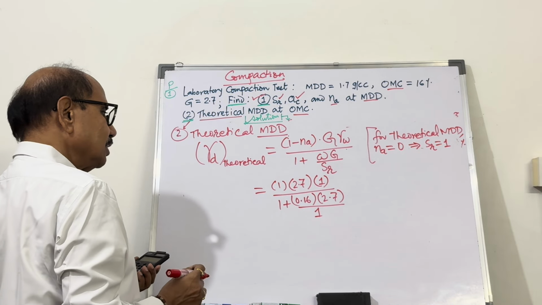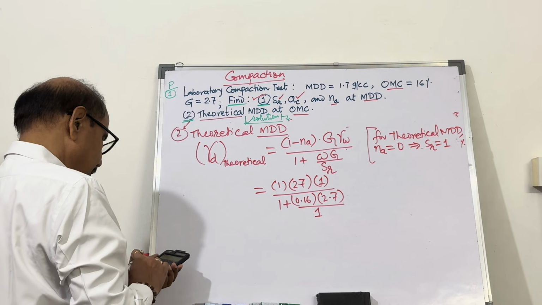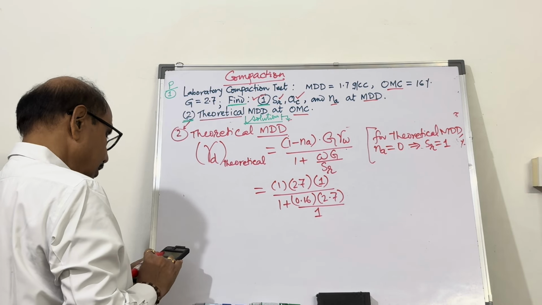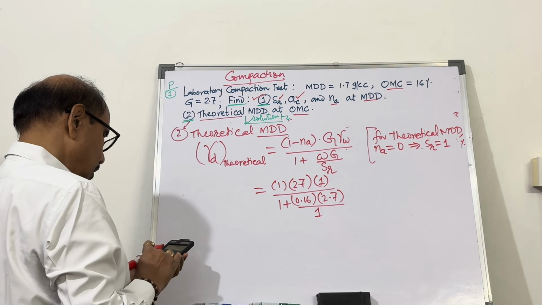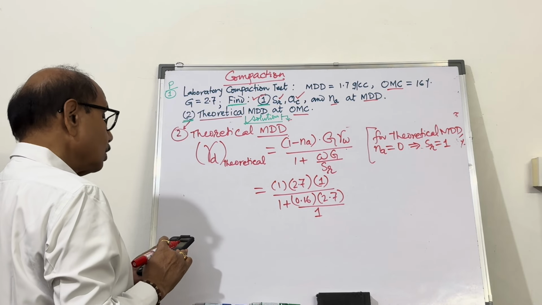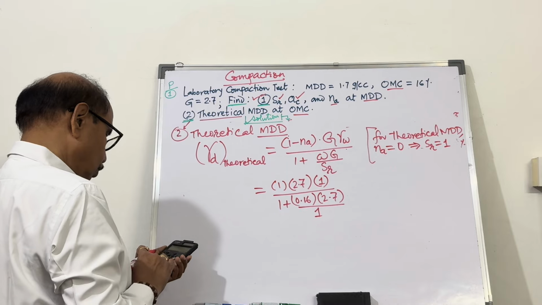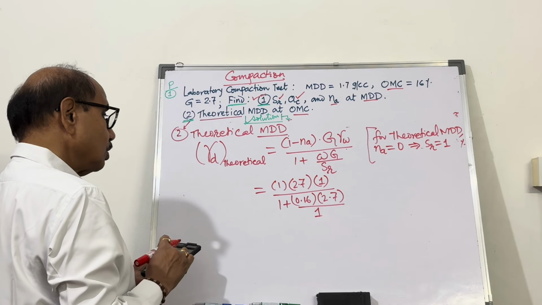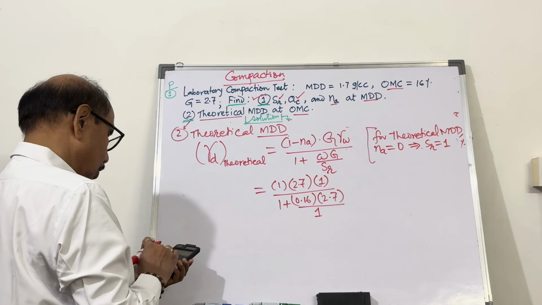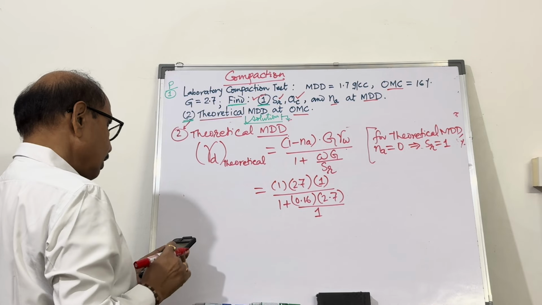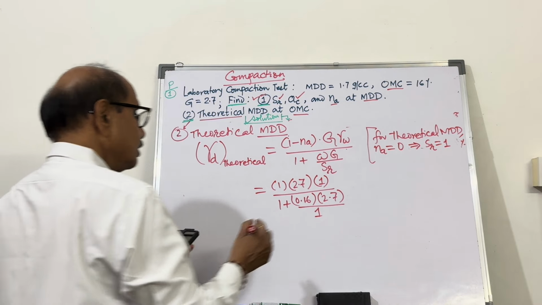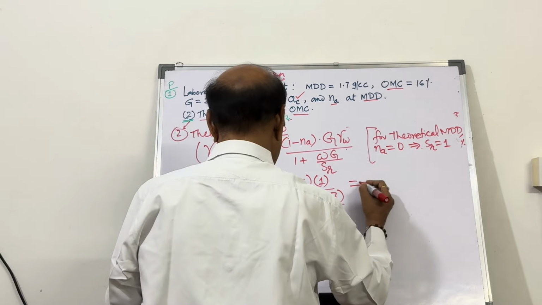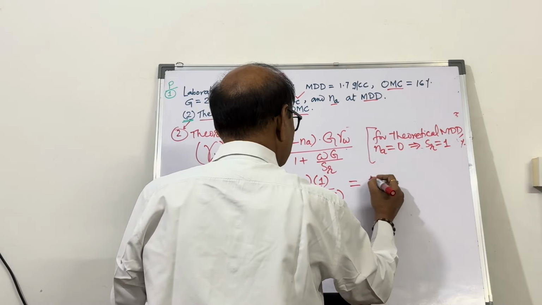So friends, when you calculate it, it is going to be 2.7 divided by 1 plus 0.16 multiplied by 2.7. So this is going to be 1.885